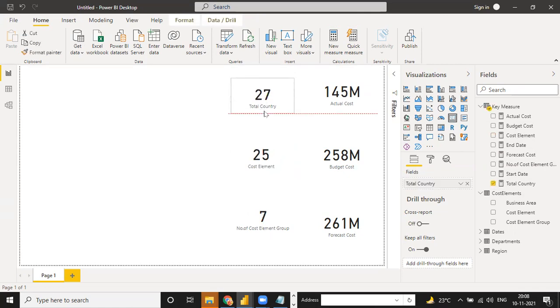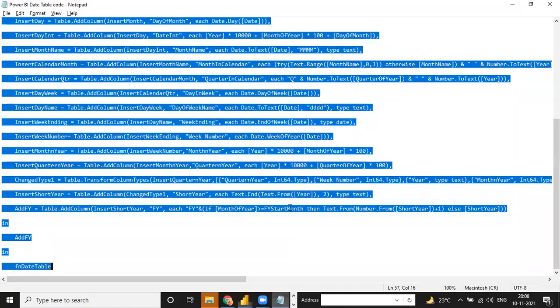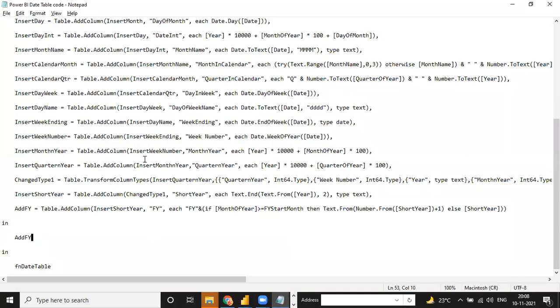These three functions you have used, and the total you can use by a sum function. Actual budget, minimum actual budget, the actual cost budget and forecast. And these two important things are start date and end date. This will help you to make a calendar table. If you have a chance to create a complete calendar table, you can create it with this. Otherwise, you can create it with this complete table.